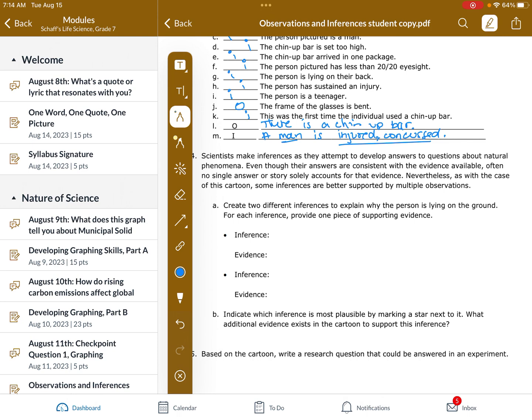So they don't actually value eyewitness testimony in court cases very much because multiple people can see the same crime but have different accounts of what occurred, because everyone's adding their own personal experiences that they've had in the past to what they're seeing. So we're going to kind of create that scenario now. Let's create two totally different situations. So one inference is